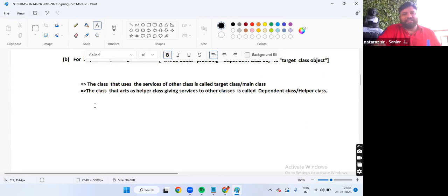Don't apply English meanings. Okay, listen. Faculty, student. Who is the target? Who is the dependent? Yeah, faculty gives services to student. Faculty is the target, student is the dependent.